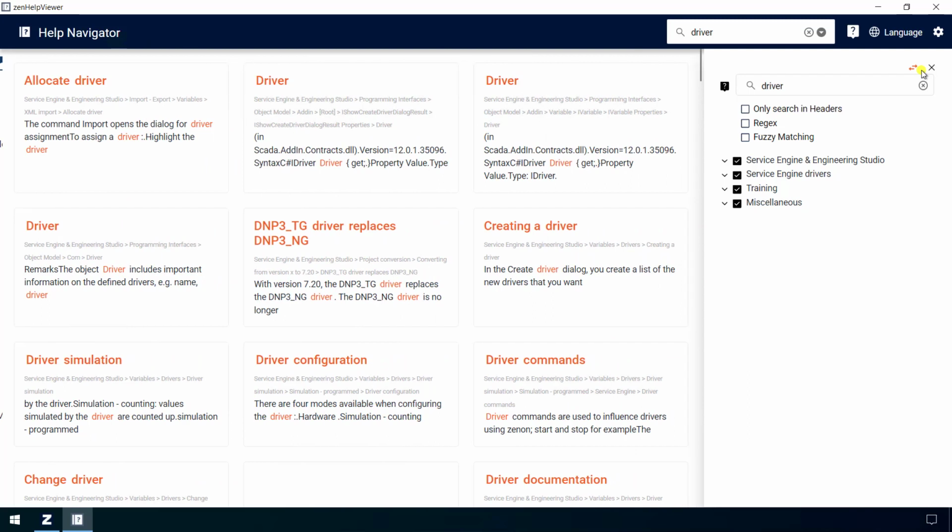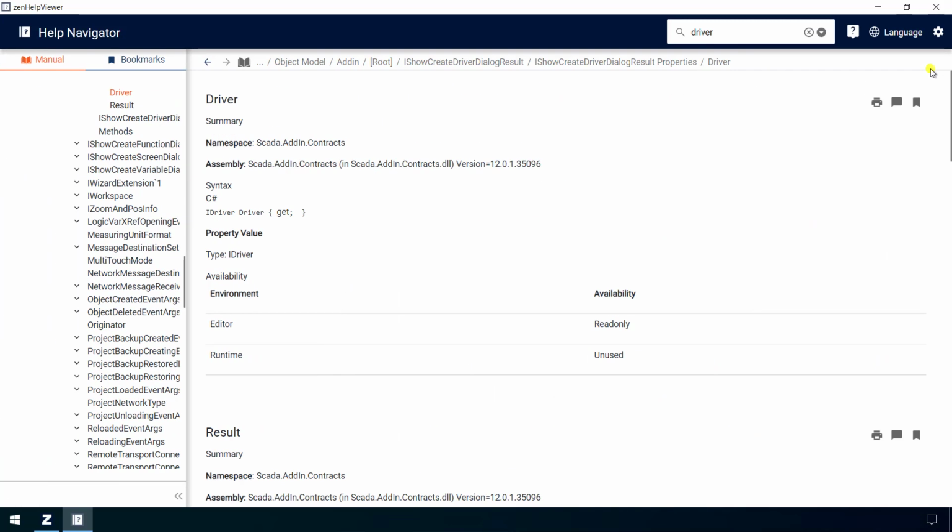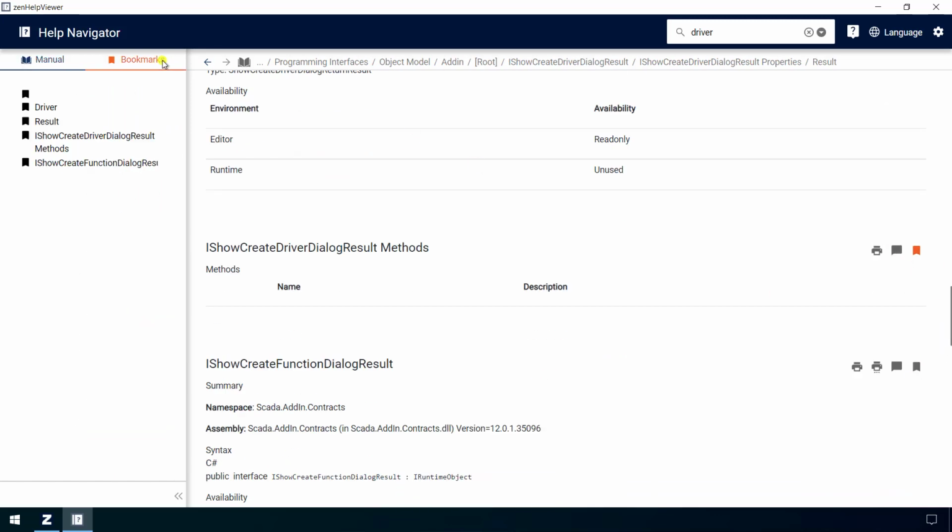We'll now look at the next new feature, which concerns bookmarking options. For each of the help topics, you have several options indicated by the three symbols on the top right of each topic. You can print the current view or leave feedback via an email message featuring the topic-specific ID. You can also bookmark the item by clicking the third symbol. After bookmarking a few topics, they are displayed in the tree on the left. All that was already possible in Xenon 10.